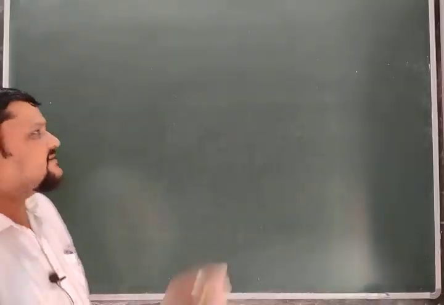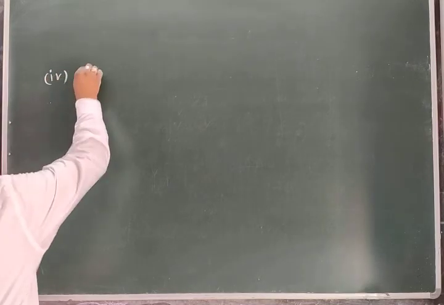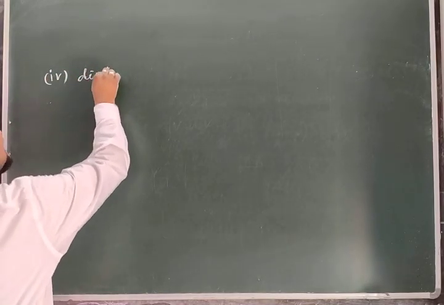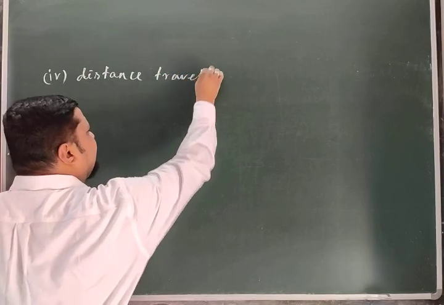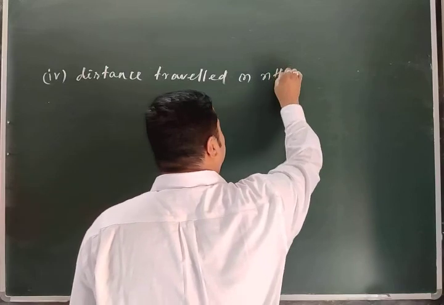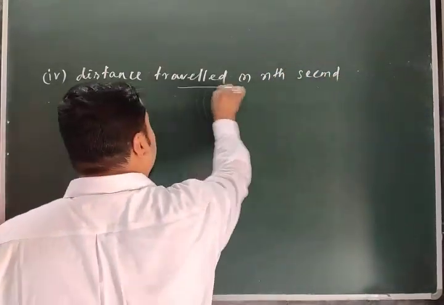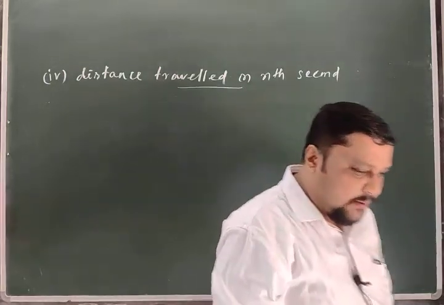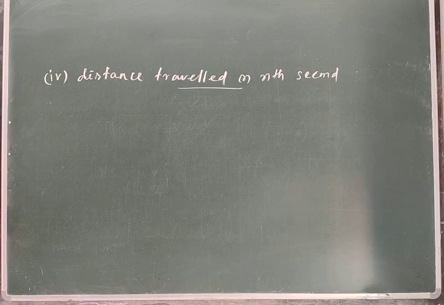So the fourth equation is the distance, or you can say displacement, distance traveled in nth second. Now this is the concept, nth second. What does this nth second mean? What is the distance traveled in nth second? What does it actually mean? So the thing is that, let us consider